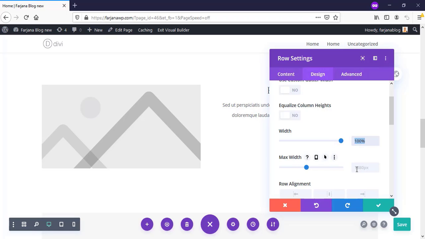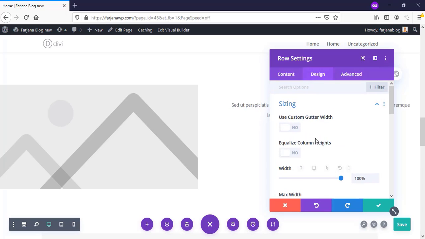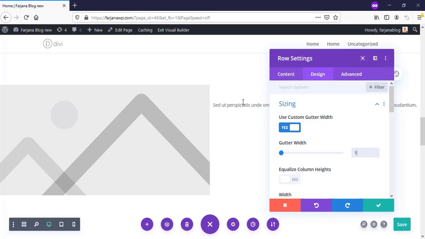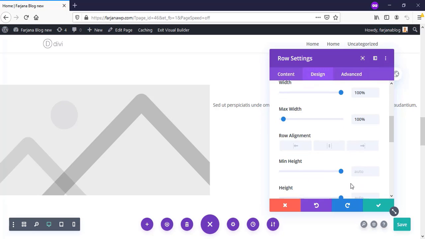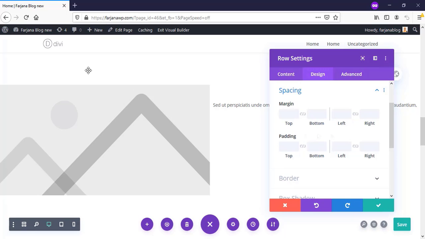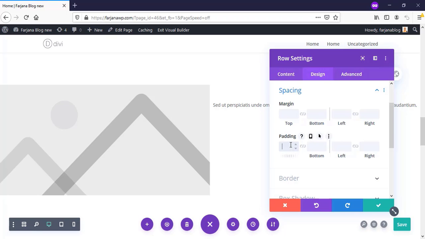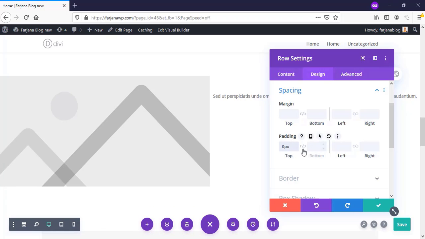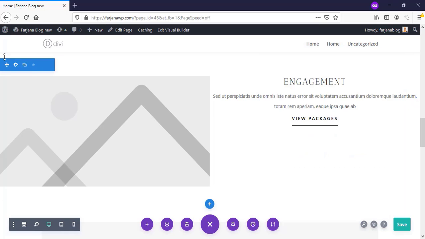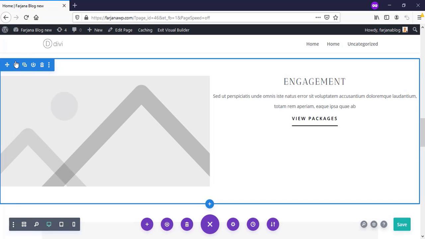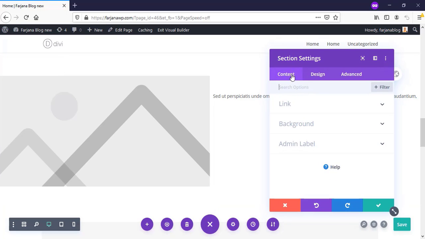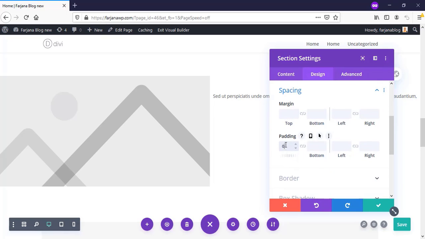Copy and max width to 100%, and we can set gutter width to 1. So this is the spacing between image and our text, and here is spacing. By default here is some padding with this row. I'm making top padding 0 and bottom padding 0. Also same for section, going to section settings, design tab, and spacing, here top padding to 0 and